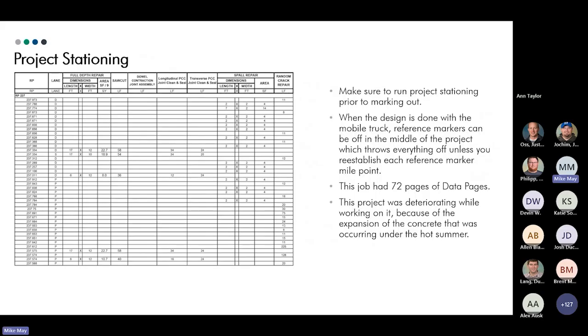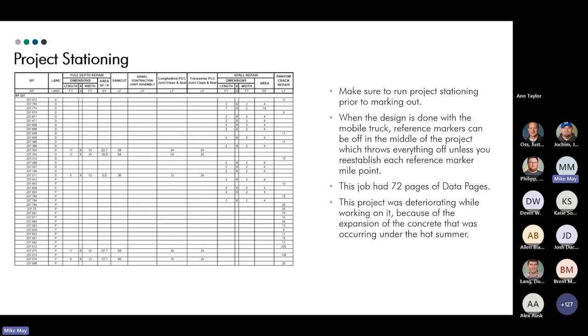One thing I like to do on this particular job, what we ran into is the van was used, which I thought did a great job. The only thing that I ran into is when you're dealing with an 11-mile long job and the contractor's only working on a certain limit, you have to figure out where you're at. So what I like to do is go out ahead of time and run the stationing with my DMI to make sure that my mile points are actually what the mile points are according to the plans,